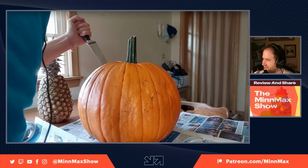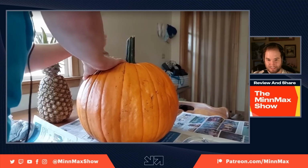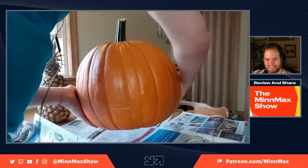Okay. Highlighted message from Aaron J. Bear: make sure you cut with the blade facing away from you and your fingers. Jeff, makes sense. Well, there was just one small spot that didn't go all the way through, so